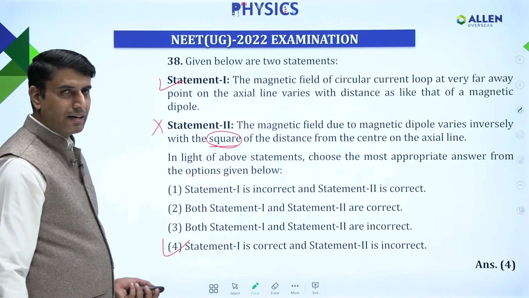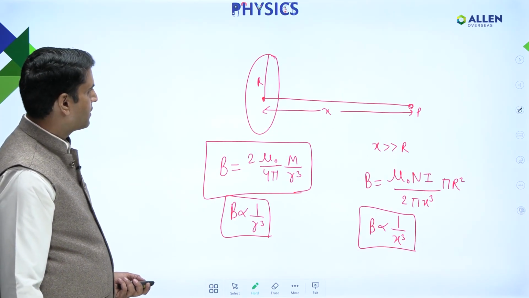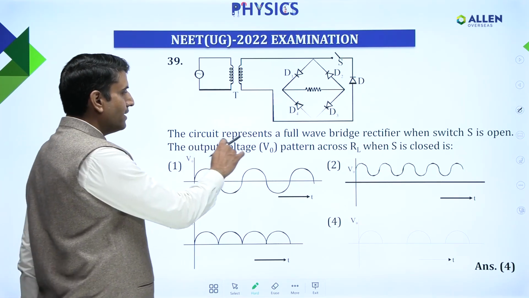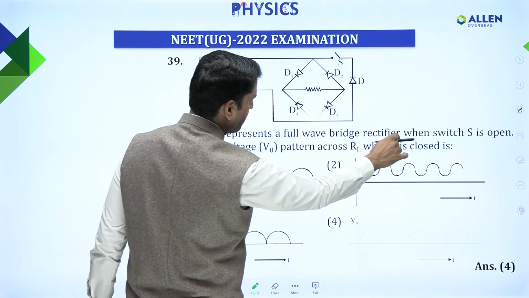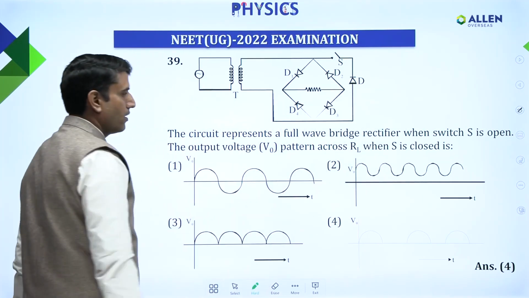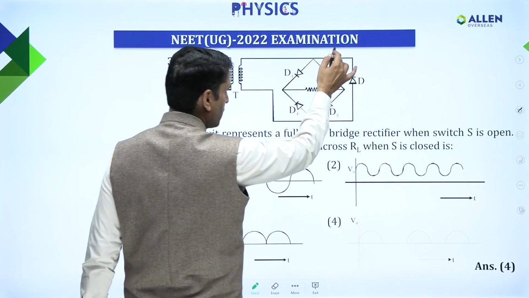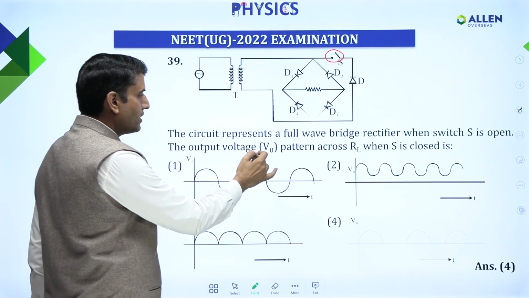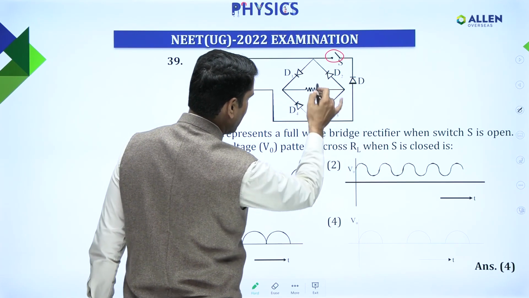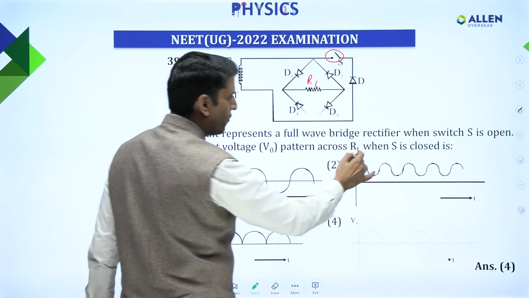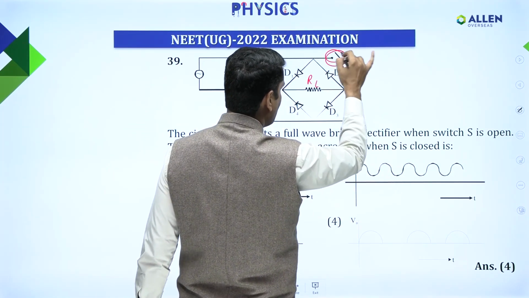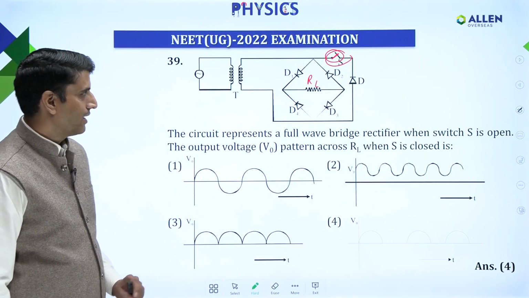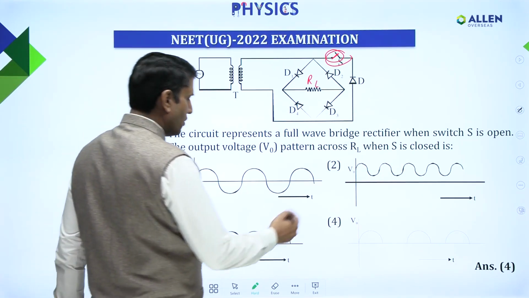Now, let us see our next question, question number 39. The circuit represents a full wave bridge rectifier when switch S is open. When switch S is open, then it is a full wave rectifier. What would be the pattern of the output voltage VO across RL when S is closed? Okay, let us see. First of all,